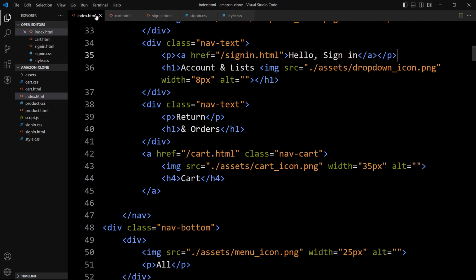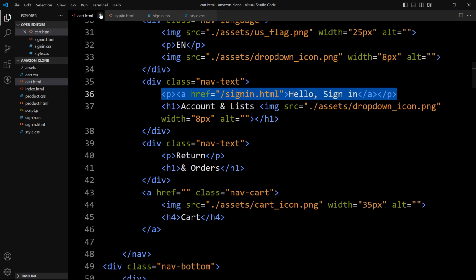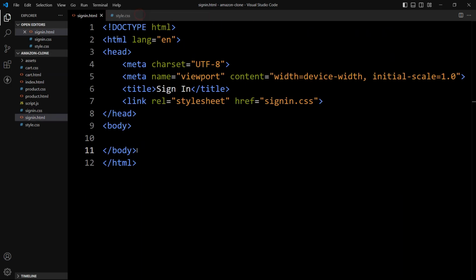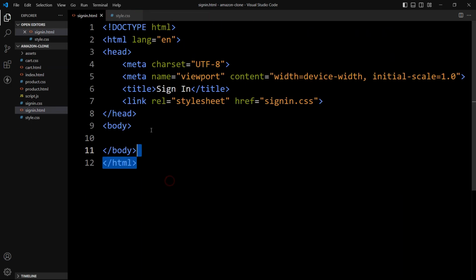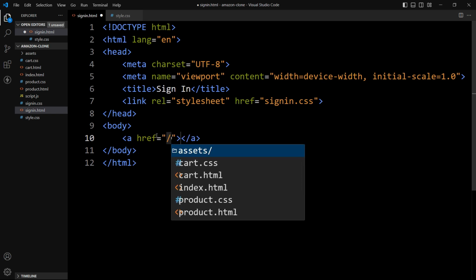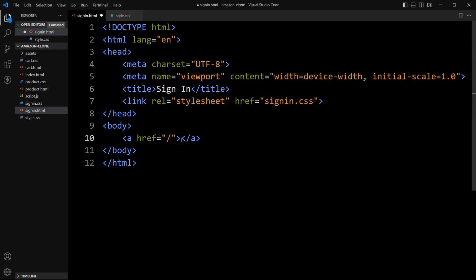So now we will add some HTML elements on this sign in page. So just come back, close these files, and here we have the signin.html page. So in this one, first we will add one logo. So we will use the A tag, and on this logo there will be a link that will take you to the home page. So we will add href /, and inside this A tag we will add the img tag,